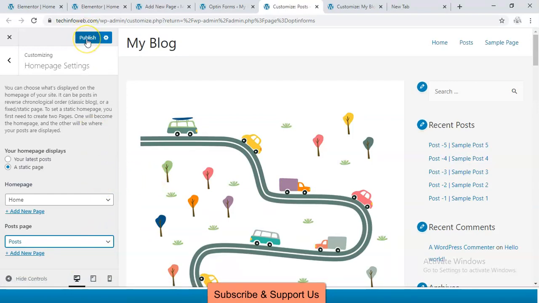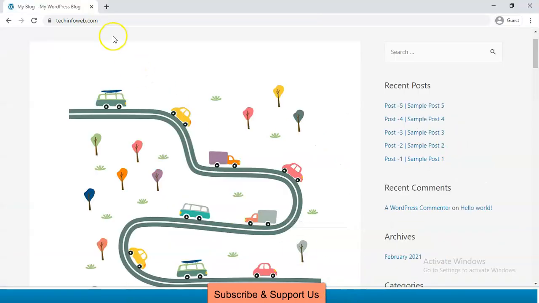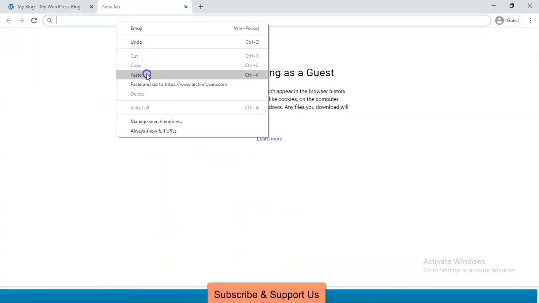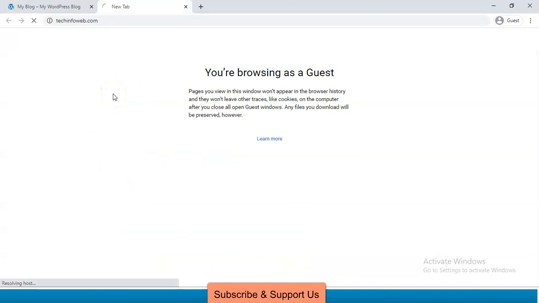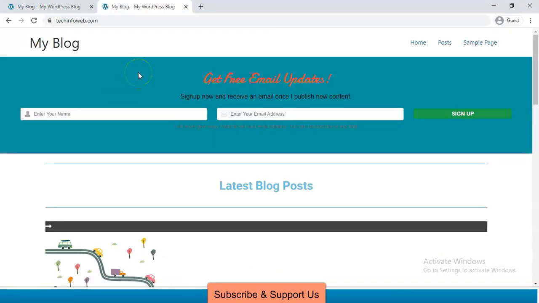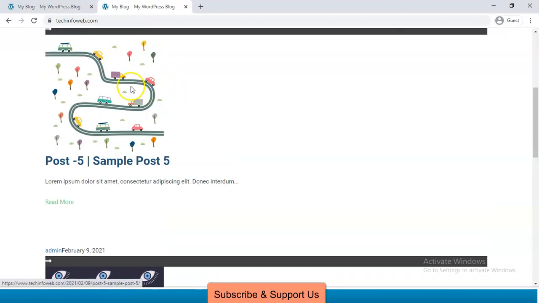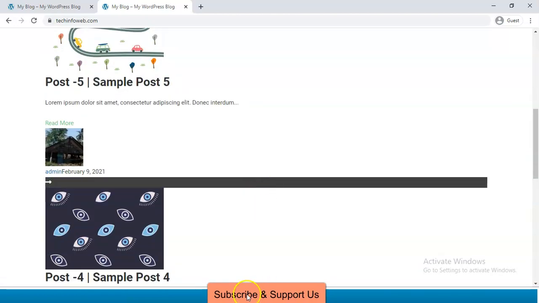Now click publish. Now let me load the website. Okay, now we have to make some changes here. Let me check what we have to do for that.